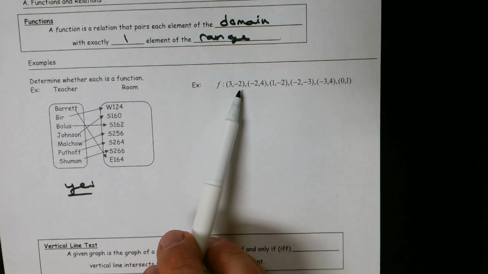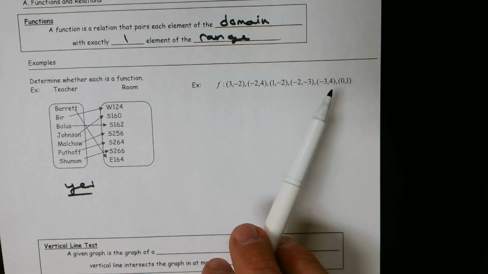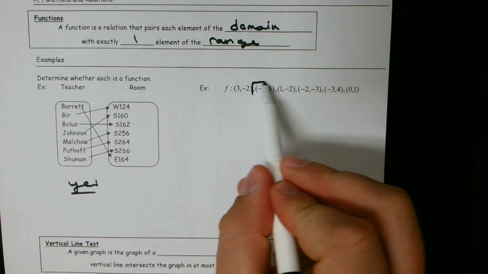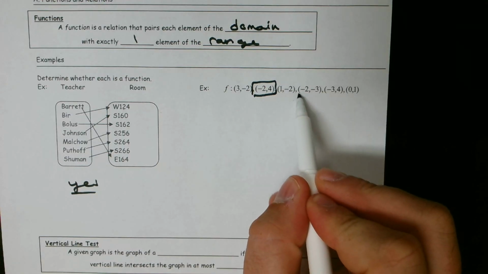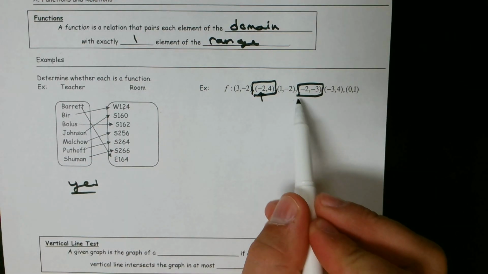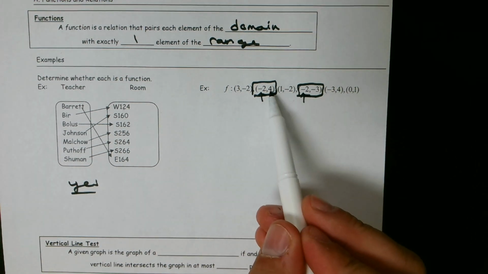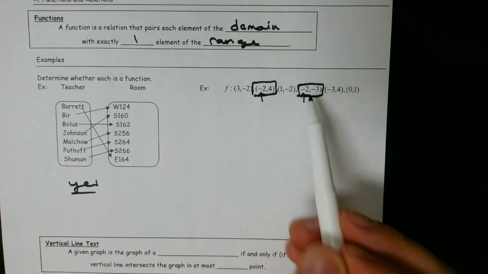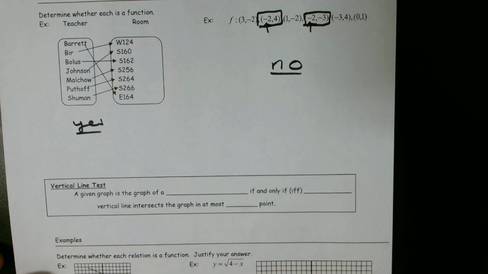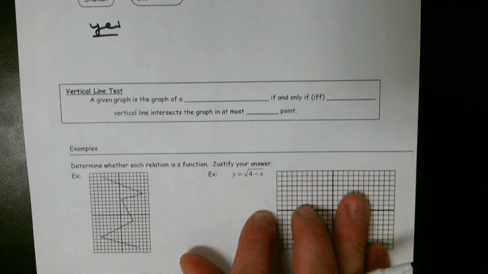Okay, so now looking at this function in set notation here, are there any x values that have two different y's? Well, if we look right here, and right here, the number -2 is being told to go to 4 and also go to -3, so this is not a function. Okay, and that'll make a little more sense as we take a look here at the